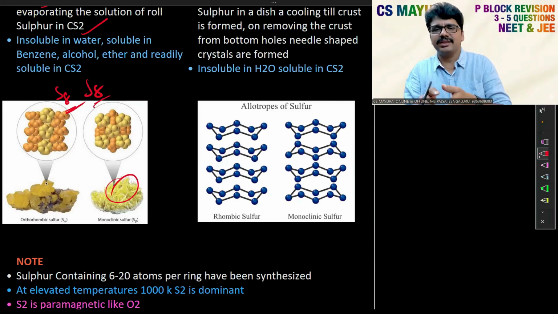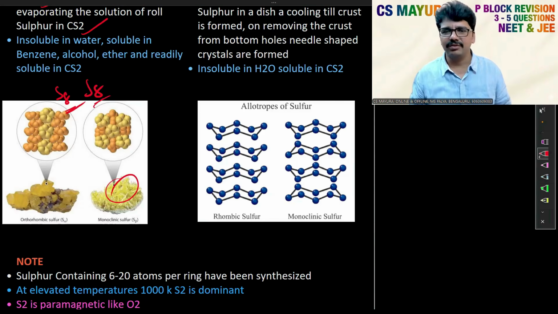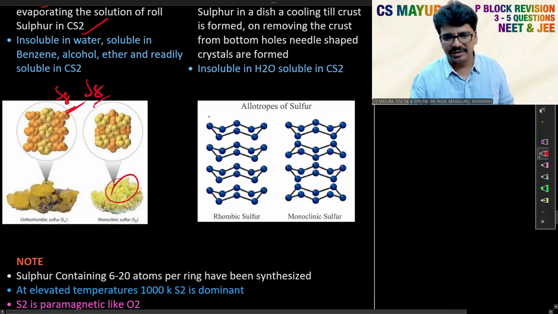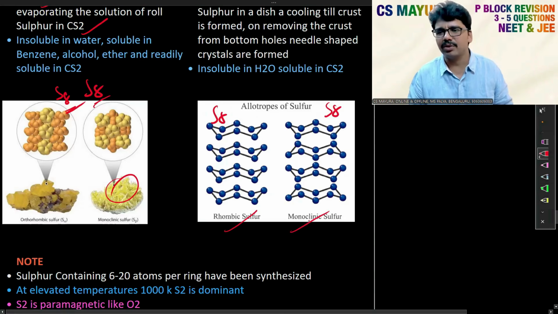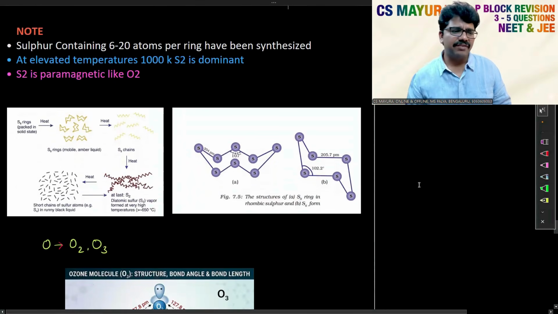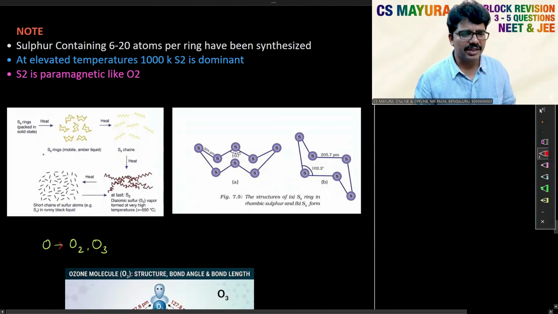The crystals left in that vessel are monoclinic sulfur. They have sharp edges, so we used to call it needle-shaped sulfur or monoclinic sulfur. So this is S8 acid and this is also S8, but the arrangement of the molecules is different. You can see the difference in arrangement of molecules for rhombic and monoclinic sulfur. Next, when this sulfur is heated, the S8 rings are heated at high temperature,